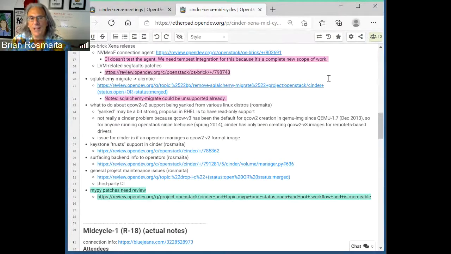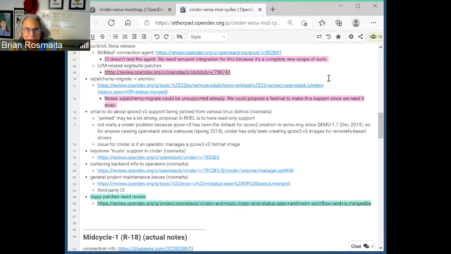So, like I said in the Etherpad, since December 2013, QCOW 2 v3 has been the thing everybody's using. So basically, if you've been running OpenStack since Icehouse, all the QCOW 2s that have been created by Cinder have been version 3.